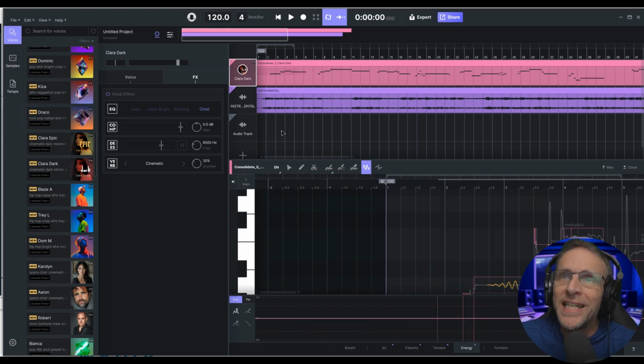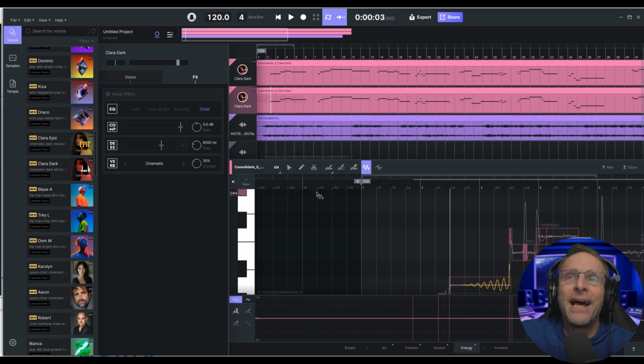I just Control-Z'd my way back to having the Clara dark voice there. Let me show you how easy it is to flesh this out with other voices, and then we're going to look at the choir feature, which is just absolutely gorgeous. So we're going to take this track and duplicate it just by right mouse clicking and clicking on duplicate. And now I'm going to add a male voice to sing along with her,